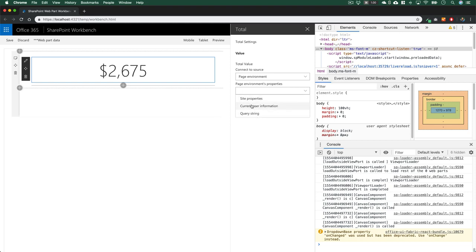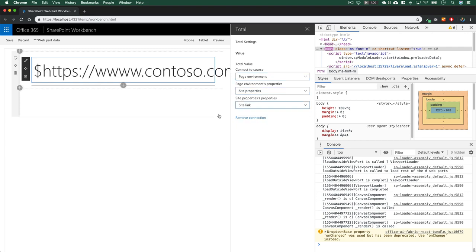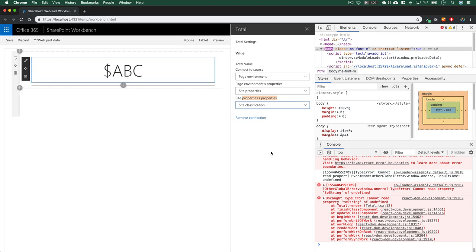So again, I can't really test this with other web parts in the local workbench, but there's already dynamic data available in the page context, and there's this page environment variable. So for example, you could get a site link and it's going to display the value of the site, which doesn't make sense for this total web part, but you can see how our web part is pulling in whatever dynamic data we select here